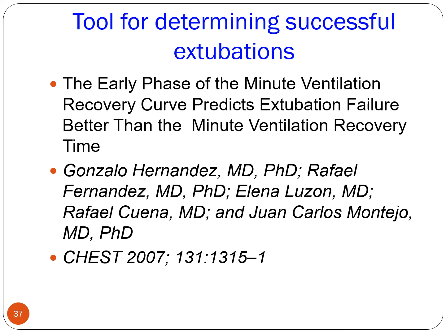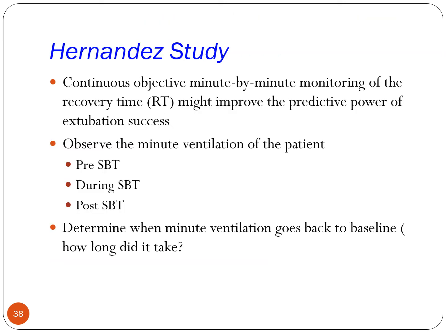So I'm going to tell you more about this study. Remember, when would you use this tool? When you're not sure about a patient being extubated, they failed an extubation attempt already, you're just not quite sure. The Glasgow Coma Scale is low, they may have some extra secretions. There's a whole host of things that go along with why you'd be a little bit tentative about extubating them. So let me continue. This is the basics of this study.